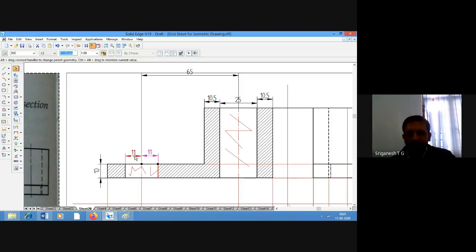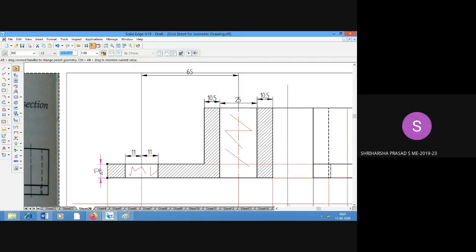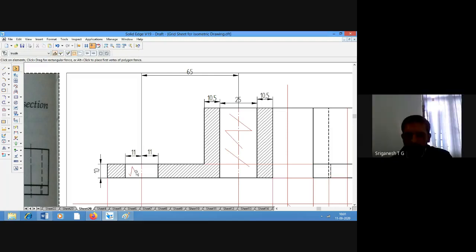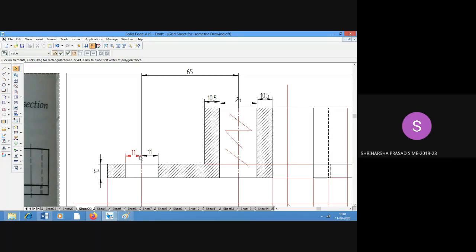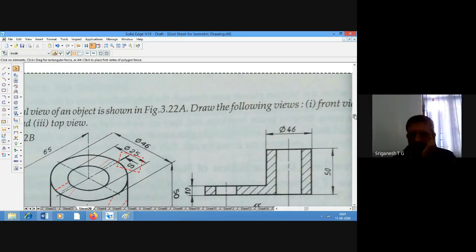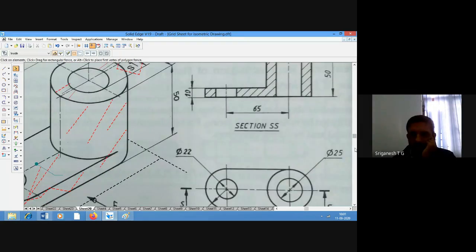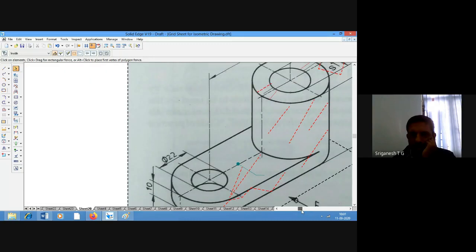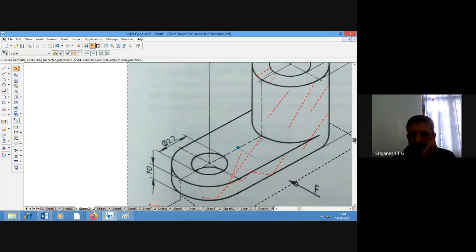Left of that 11, what is there? 10 mm. 11, sir. Are you talking about this 10? 11 mm. No, what is the diameter of the hole? Not that one, sir. The entire length. How do we get the entire length? See, that's what I'll tell you. Now look here.